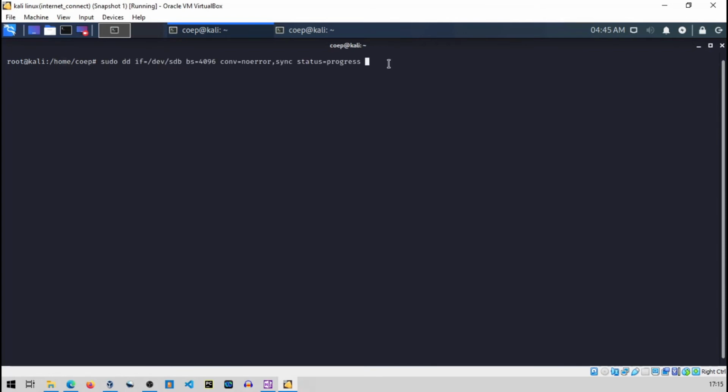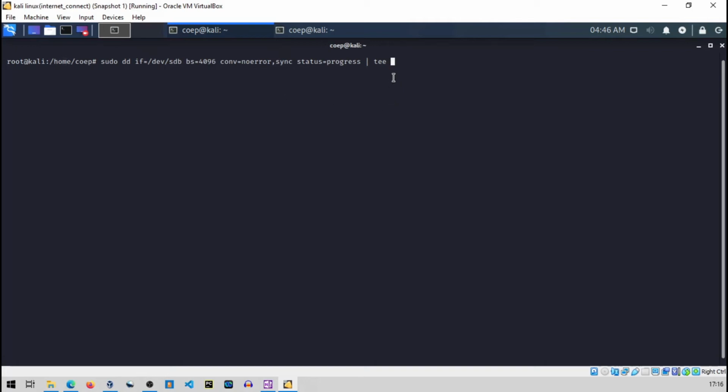Okay, so this is our previous command. Now I want to calculate the hash of it, so I will use the pipe character. If you don't know about this syntax, basically the output of one command will be given as input to the next command. Now I will use tee and store this image file.